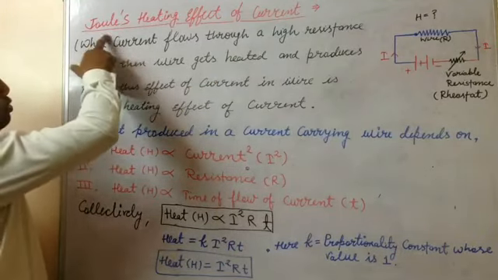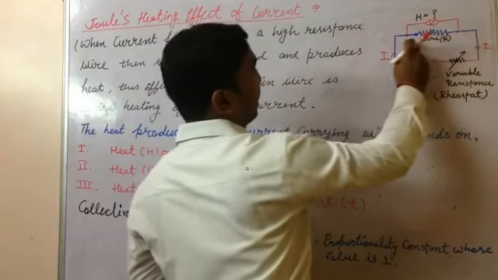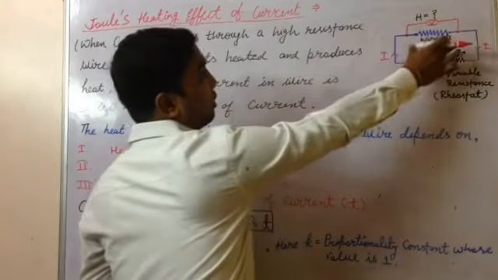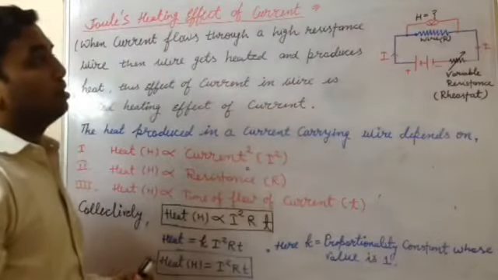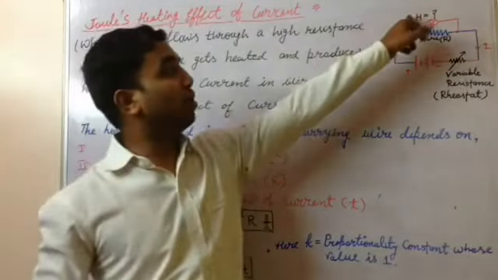If you want to connect a voltmeter, then we can connect a voltmeter also. Where do we connect a voltmeter? A voltmeter is always connected between two common points, or between the ends of a conductor. So these are the points where we have connected a voltmeter. This voltmeter will tell us the value of the potential difference across the ends of this wire. So in heating effect of current, what do we find out? We find out the value of H, meaning the heat.